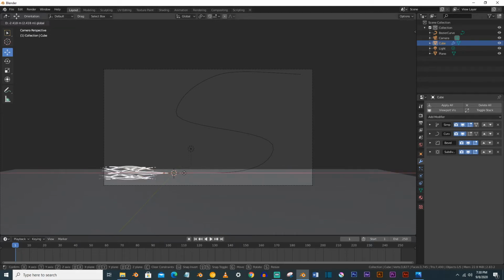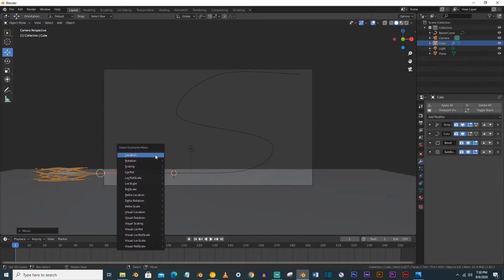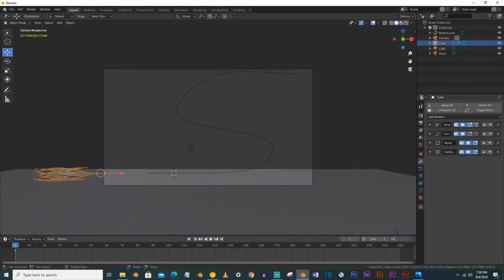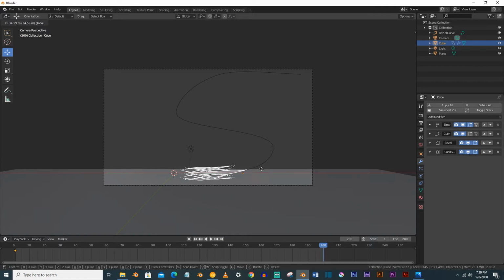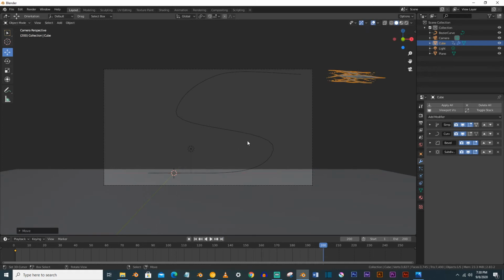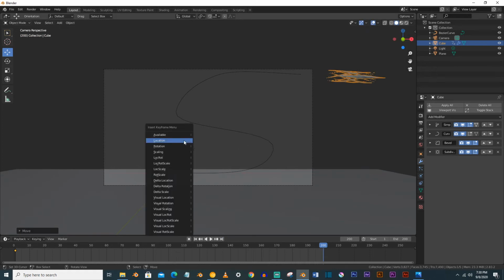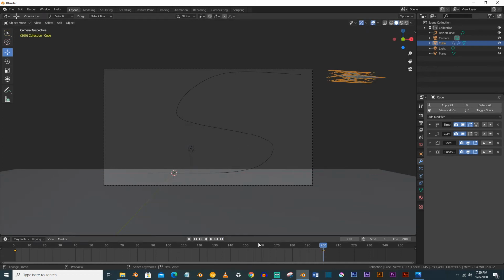So at 1, just make it a little bit backward like this, select, press I and location, make it to 200, and at the end you have to move it forward like this out of the camera frame, and now press location again.